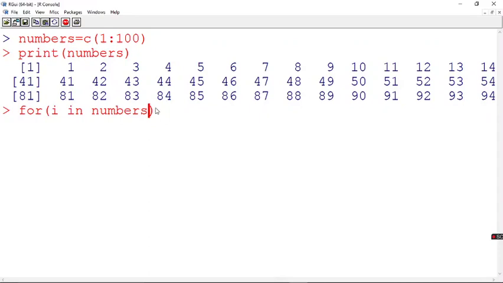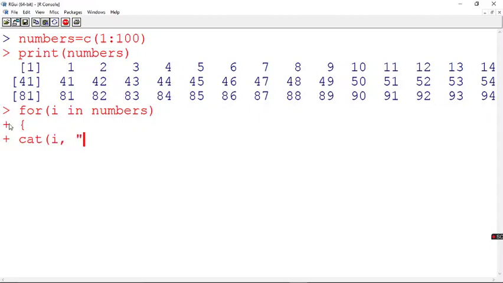In decision making itself, we saw that when I press enter, if I get a plus symbol here, it means that your statement has not ended. So I open a curly brace as usual, saying that these statements have to be executed within this loop. Now I want to print in a formatted manner, so we have to use the statement cat. I say cat, and i, so that has to be printed.